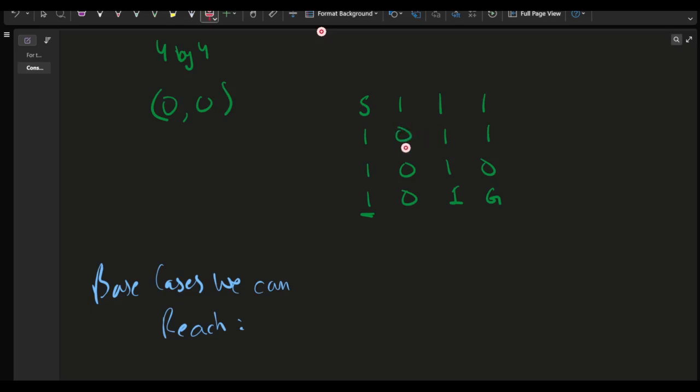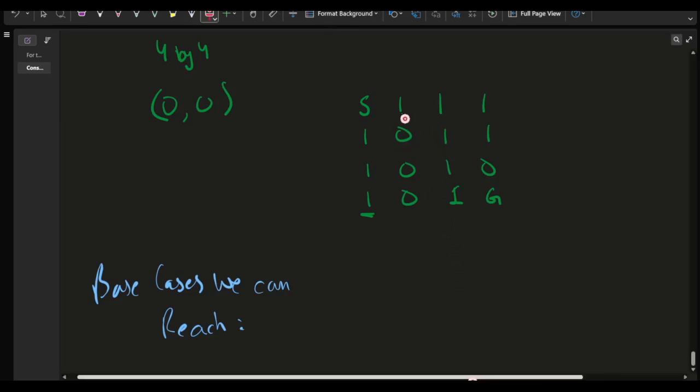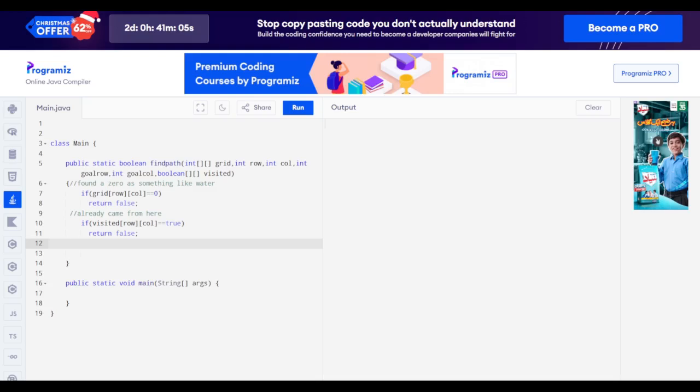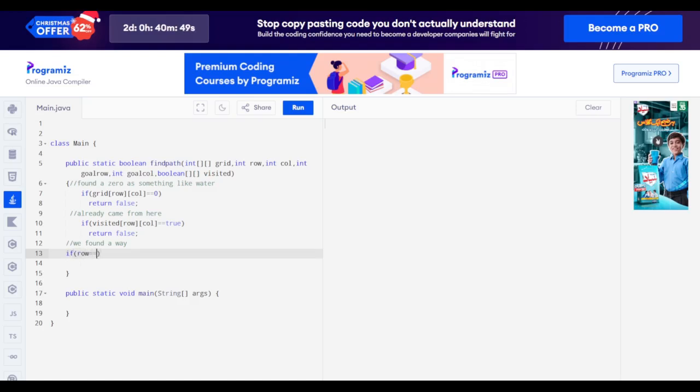There is one more, a boundary check. Yes, an out of bounds check. So there's the one for the goal. That is great. We found the goal. We found a way. So it's going to be if our current row is equal to our goal row, and